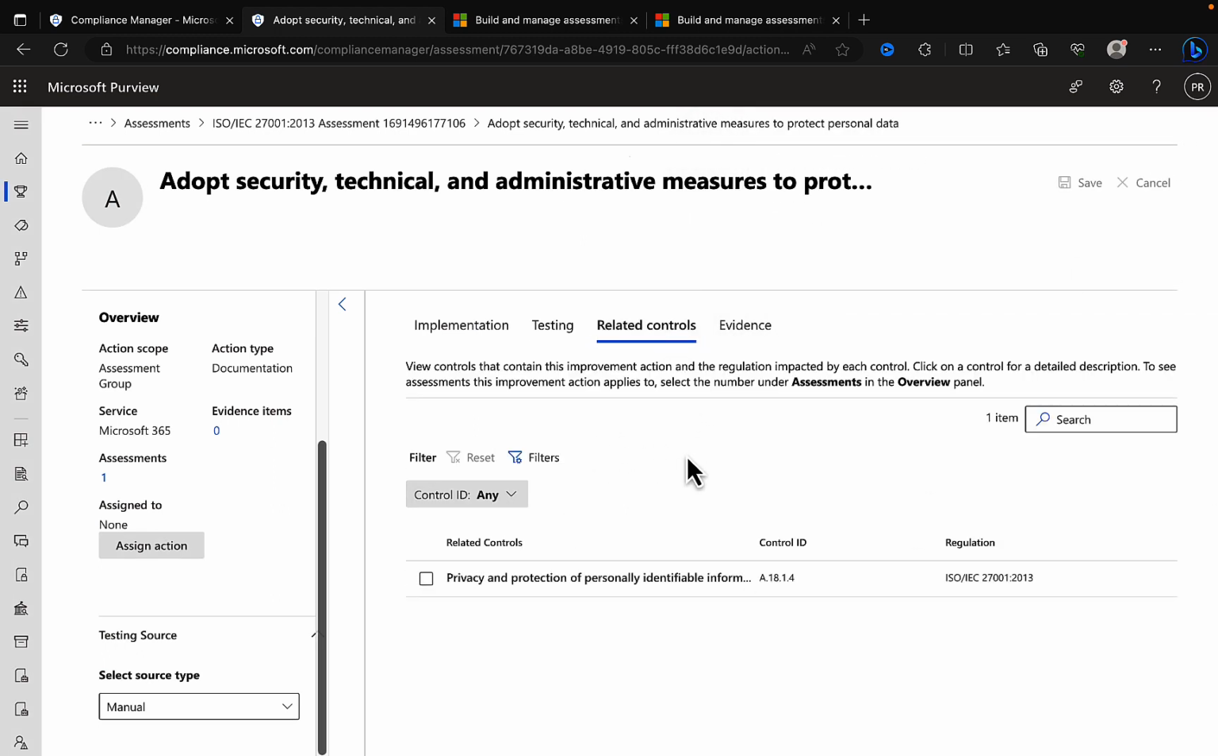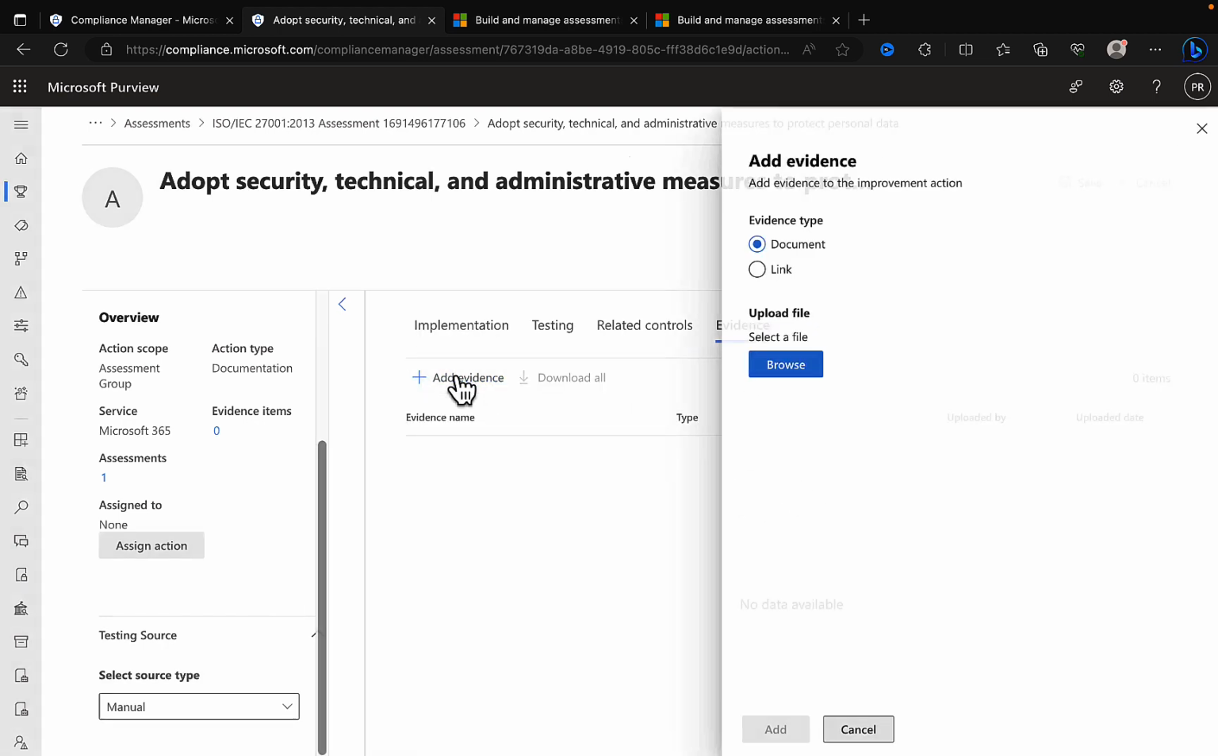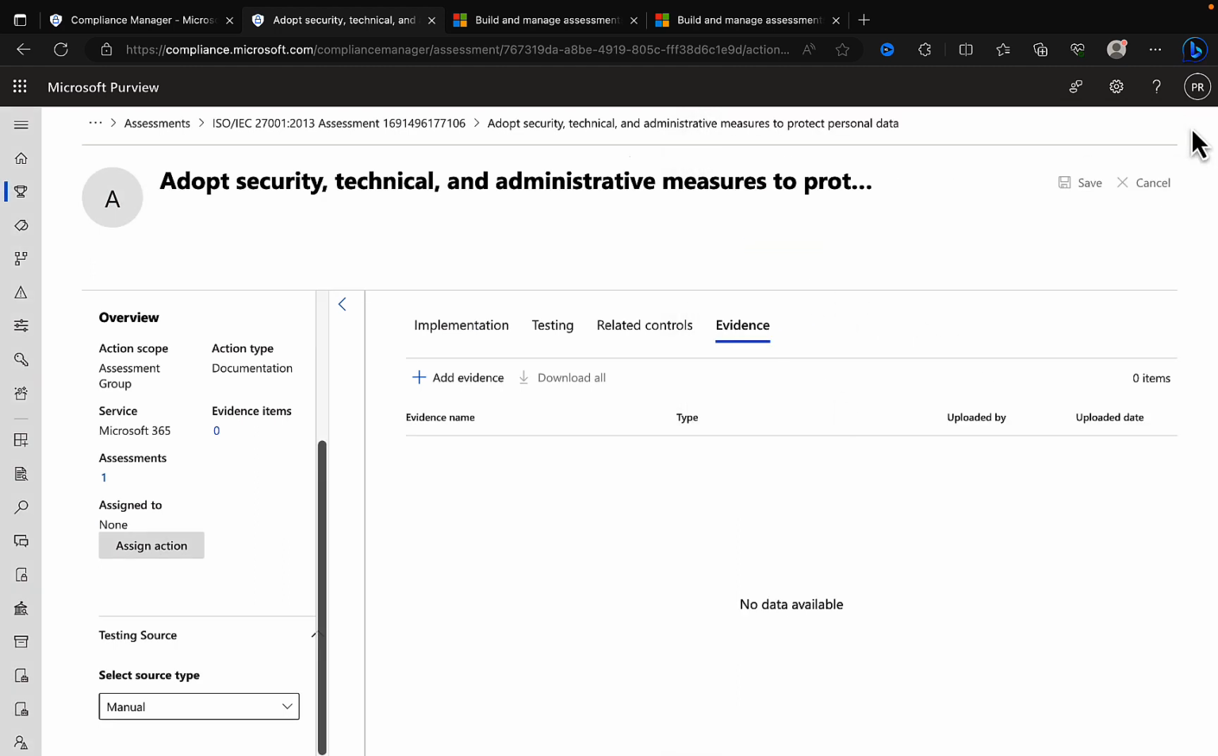Related controls, this is really cool actually. You can view controls that contain this improvement action and the regulation impacted by each control. So you can click on a control for a detailed description. So here we can see privacy and protection of personally identifiable information, PII, is impacted by that. And there's an evidence section as well. You can add evidence here in the form of documents or links that you can put in here as evidence